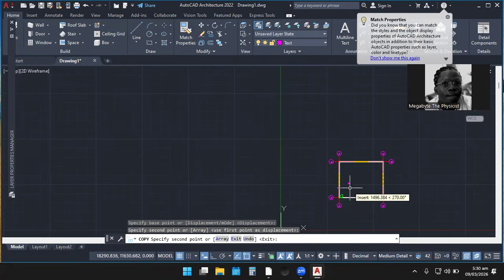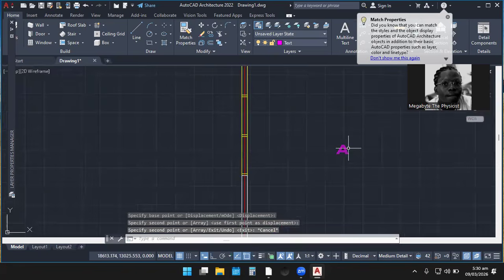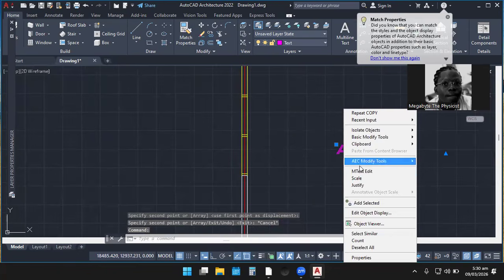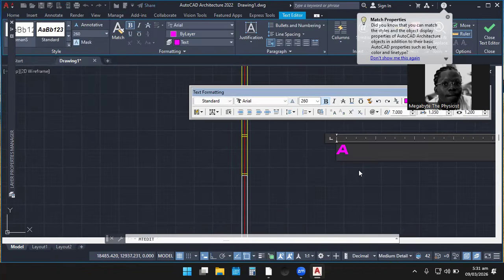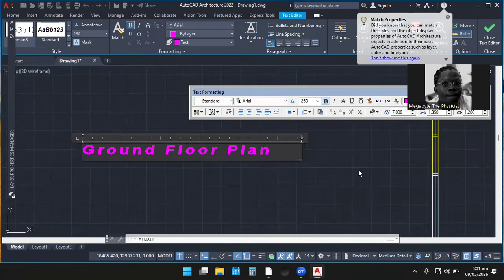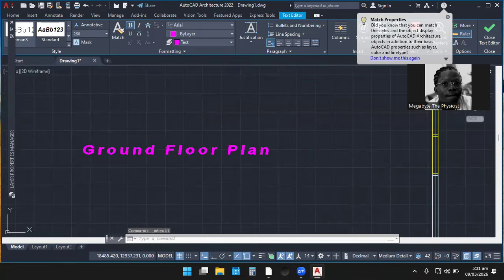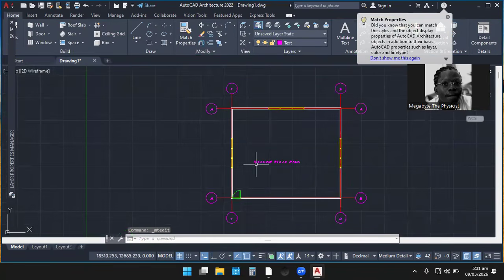Escape. So we just edit the A, and then we come here: ground floor plan. So this is a ground floor plan. You see, exactly. So that is it in the drawing over there.